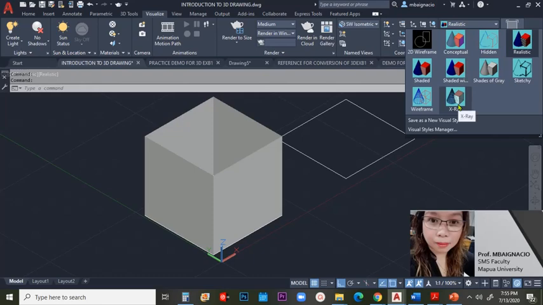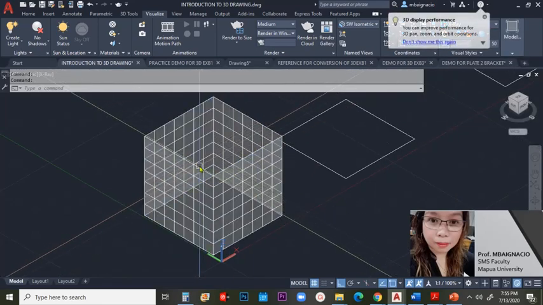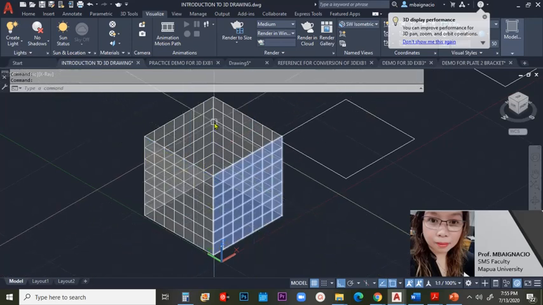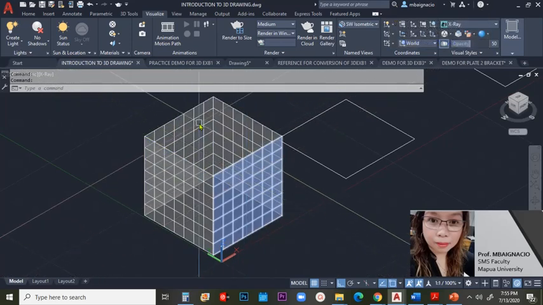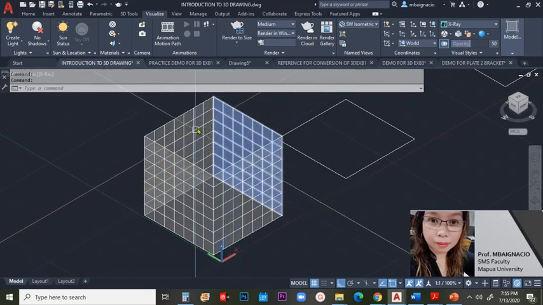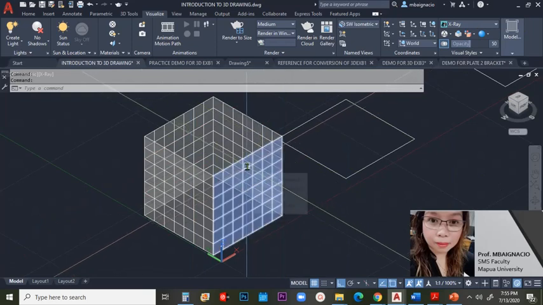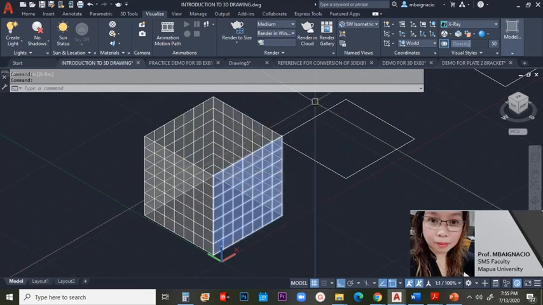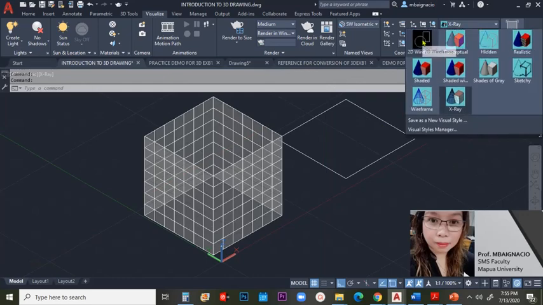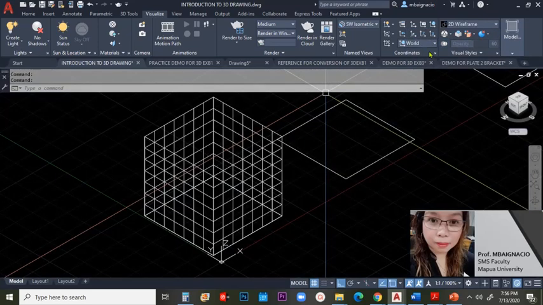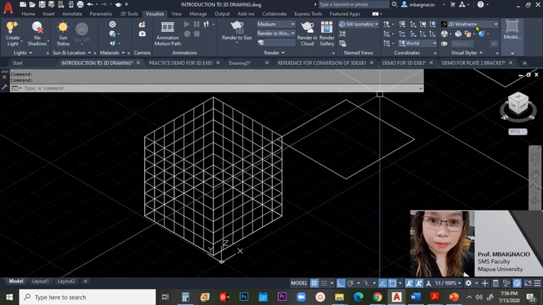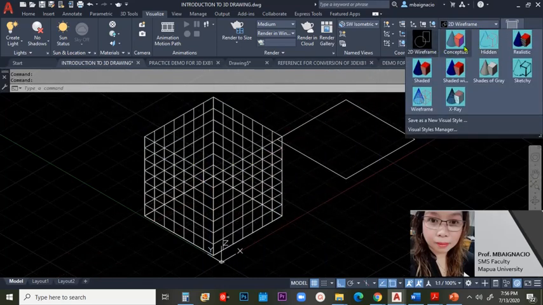And then if you try to look at the x-ray, you have here the faces. Let's say for example, this is your front, your side, right side, left side, and then your rear side. And then you have an opening in the middle. So this is not a solid box. Moving on, I'll just go back here to 2D wireframe. So this is actually previewed as 2D wireframe. You have different previews here: conceptual, hidden, realistic, shaded with edges, shades of gray, sketch, wireframe, and x-ray.